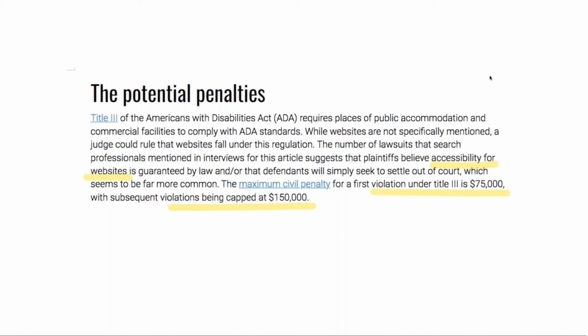That's crazy. And these attorneys, these law firms, go after small business websites, hotel websites, and now also e-commerce websites. A lot of my peers and